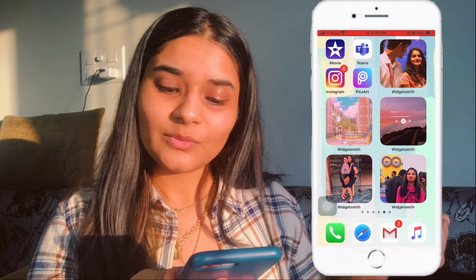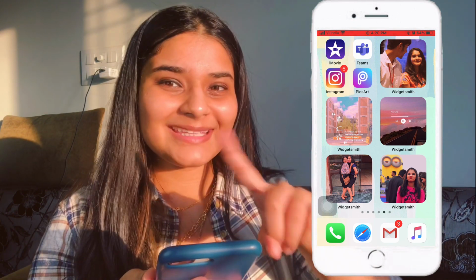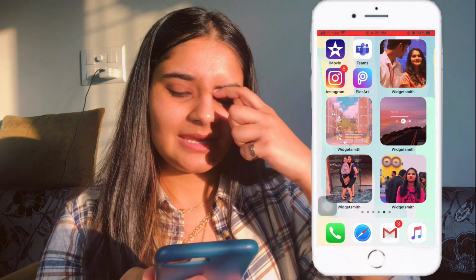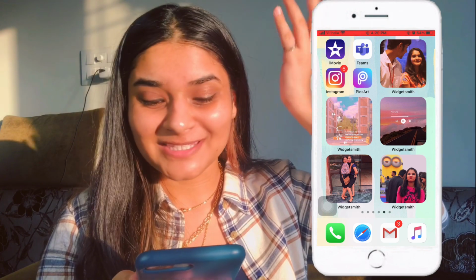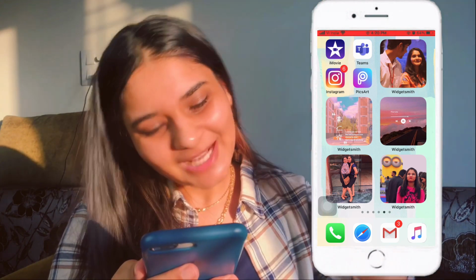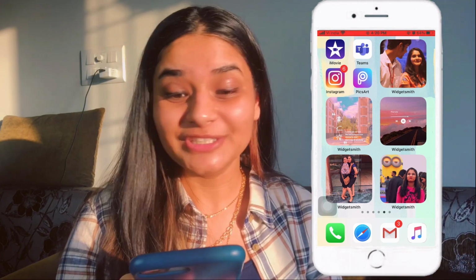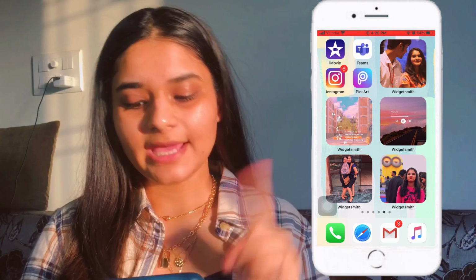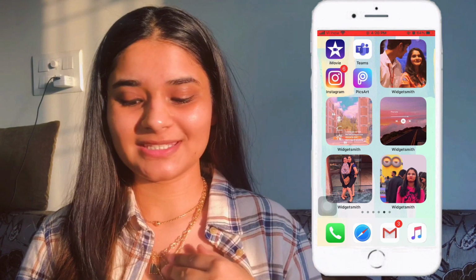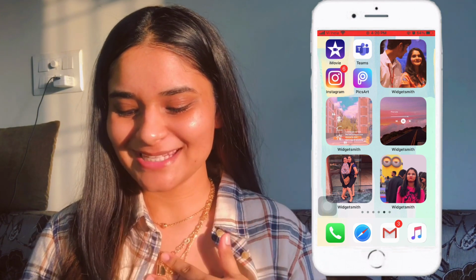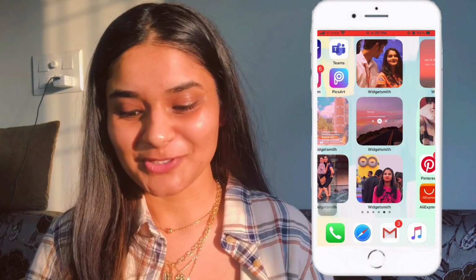Then we have another widget, which is a lilac sky photo with Fine Lines showing as it's playing, and I love Fine Lines, the song, and lilac skies are obviously my favorite. So then we have a photo with Tamandeep Kaur Oberoi. I really love this human being. And the last widget is a photo of me. It has a cute minion in the background, which is not as happy as I am in the front, but it just went well with the vibe of this page, so I added that widget.